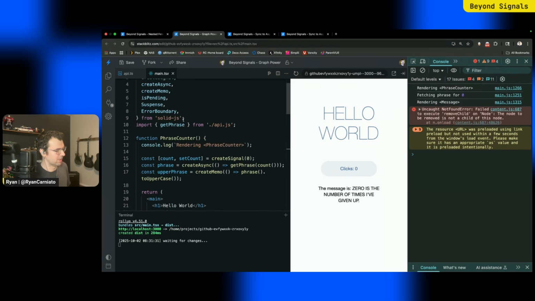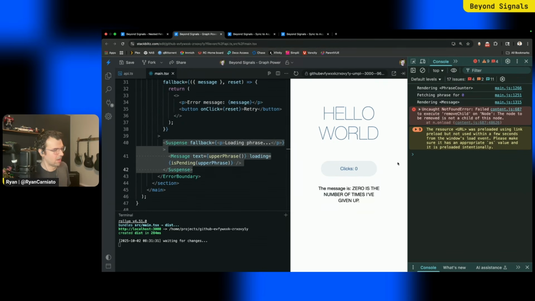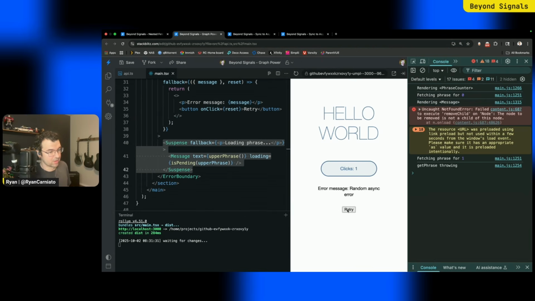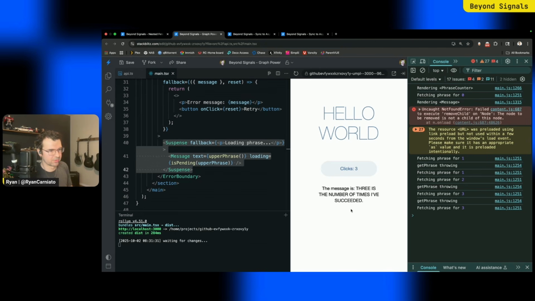See on the component body here, rendering phrase counter. Obviously this is fine-grained, so whenever I click it, generally it'll fetch. Oh, it errored out. When we retry, we actually still don't end up re-rendering the components. Like suspense, error boundaries keep the nodes off screen and then just fix the parts that errored out along the reactive graph. So we have fully healing data fetching and rendering without re-rendering any components.